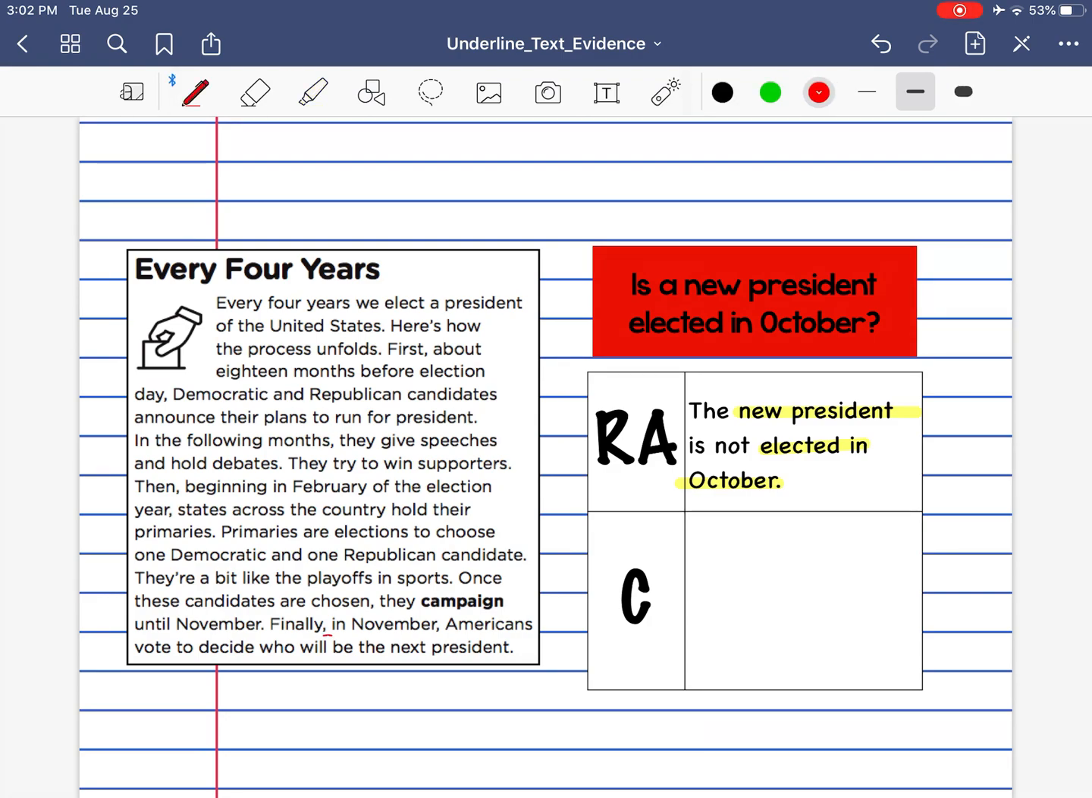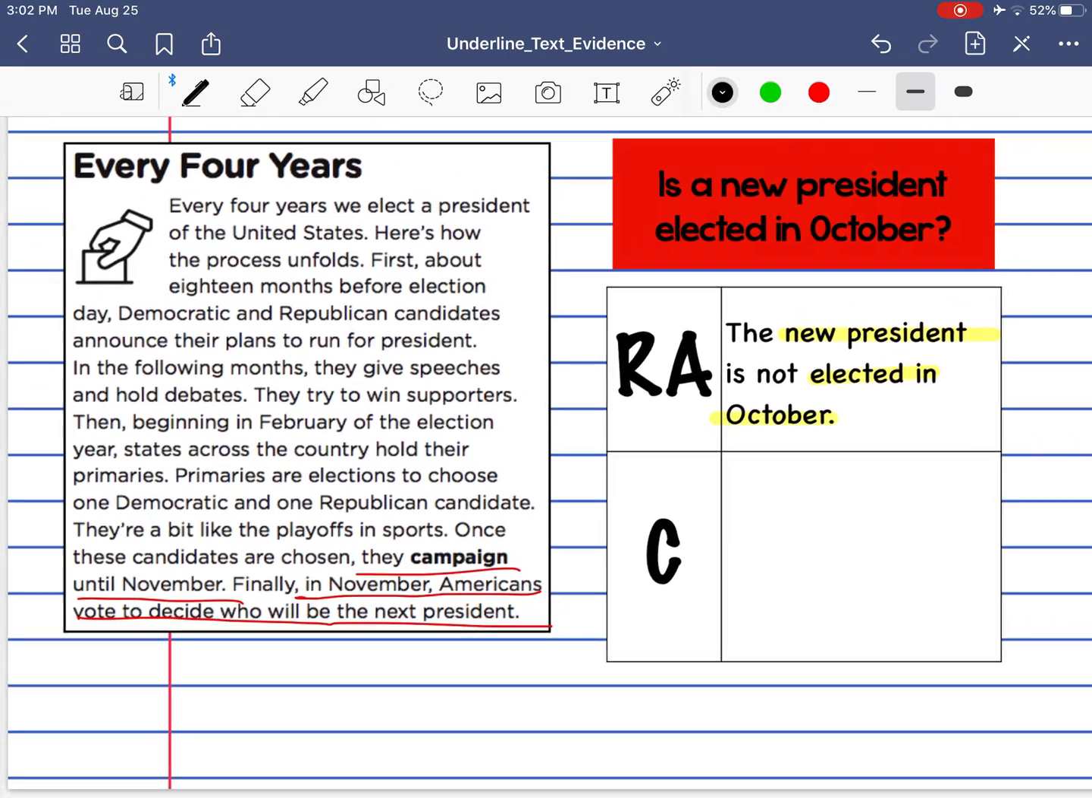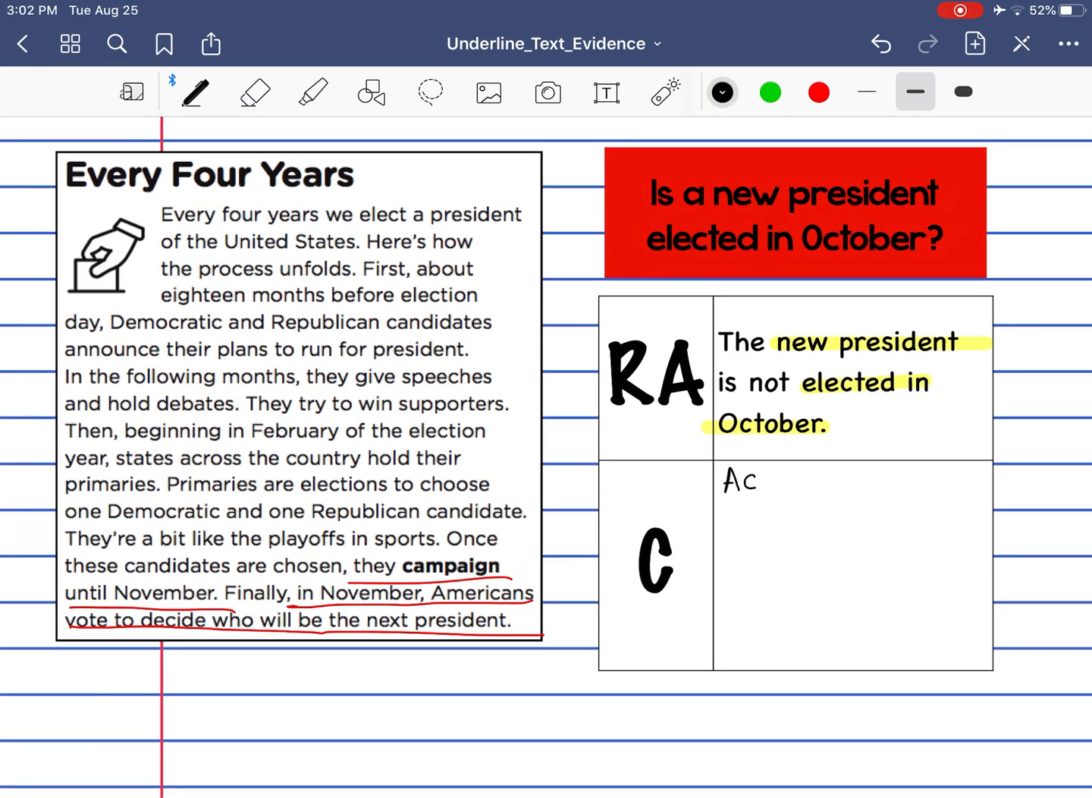All right, and I said that my text evidence for that was down here. They campaigned till November. So that's all my text evidence. I went back and underlined it. So now I'm ready to write my C sentence. I know I need to start with a sentence starter. So I'm going to say, according to the author,